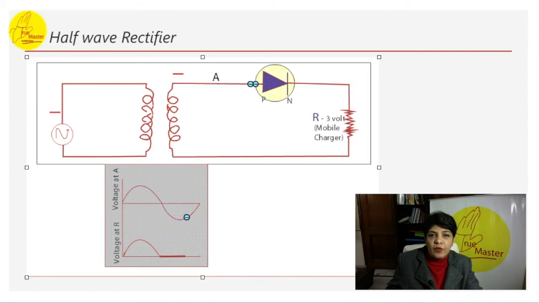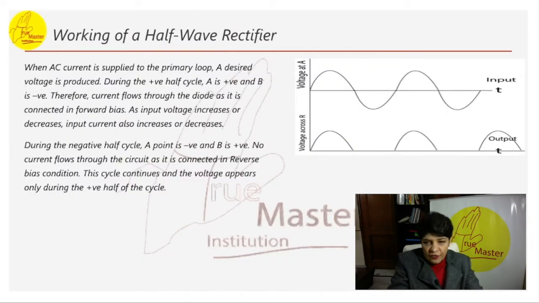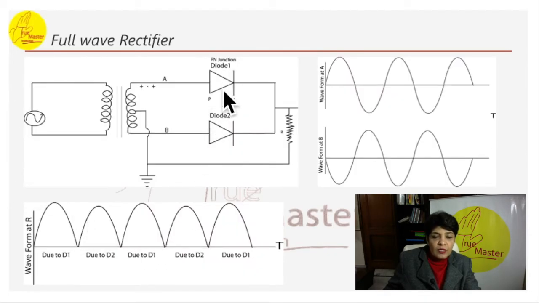Okay, now coming on to the full wave rectifier. In a half wave rectifier, a lot of energy was wasted. So a rectifier with an additional diode is made. This rectifier with two diodes is called a full wave rectifier. So a full wave rectifier consists of a transformer, two junction diodes, say D1 and D2. This is a transformer, this is D1 and D2. It has two diodes and a load resistance R.